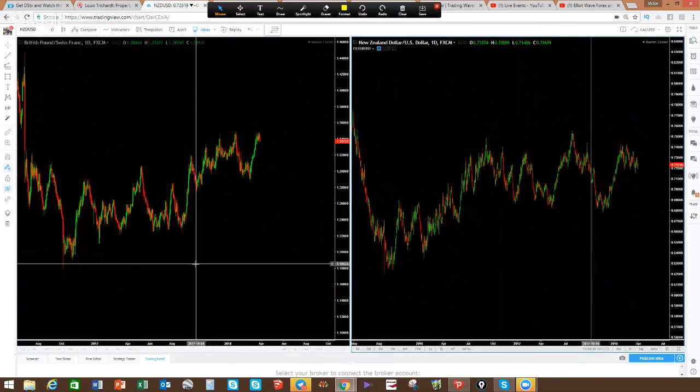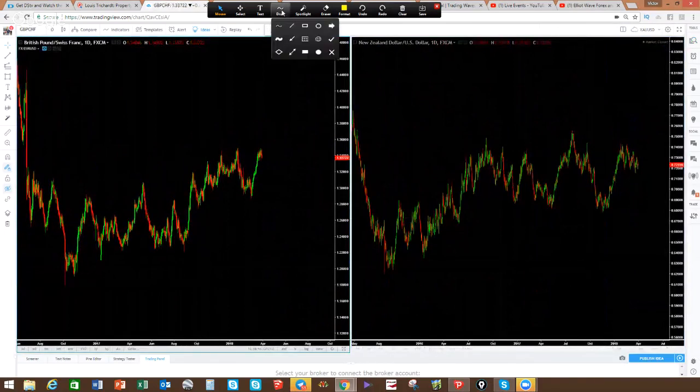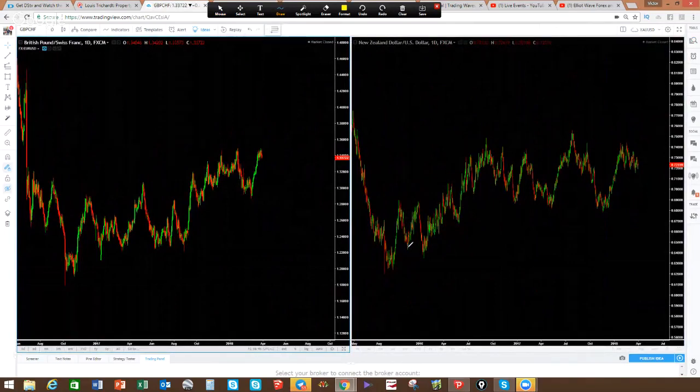Okay, so this is pound chief on the left, New Zealand US dollar on the right. No relationship whatsoever, only that they're both currency pairs. But because they're driven by the same drivers, it's no surprise that they make the same patterns. 1, 2, 3. Similar here, you've got 1. You've got this pair structure, which is this one here that I've drawn here. And internally here, you've got